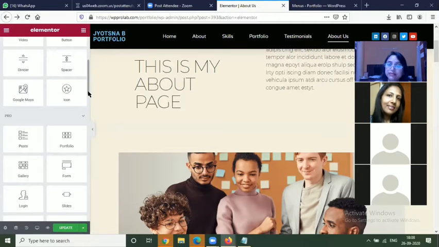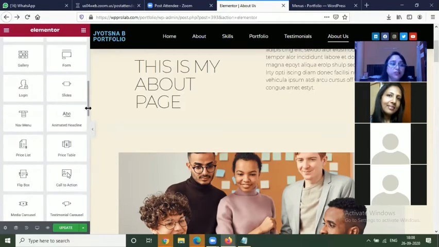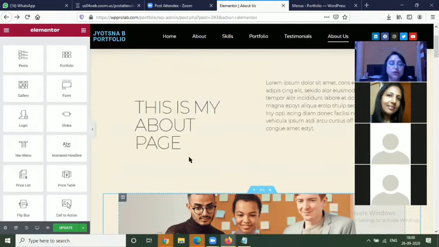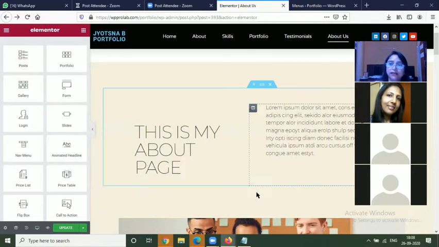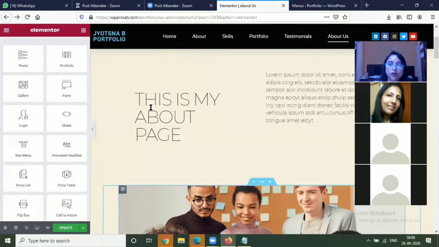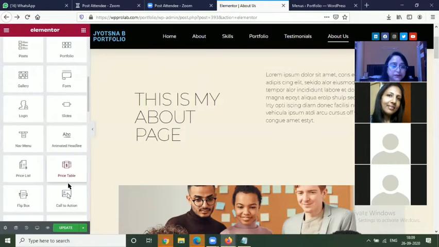In the pro version there is a feature. Because this is a pro version, in a free version we cannot use the posts, whatever we are using as a blog on our website. If I want to display all the posts by default on my page, then it's not possible. But in the pro version, which is a paid version, there are some features that are only available in the paid version. In the free version there is a limitation. We can use only a few things that Elementor is providing.